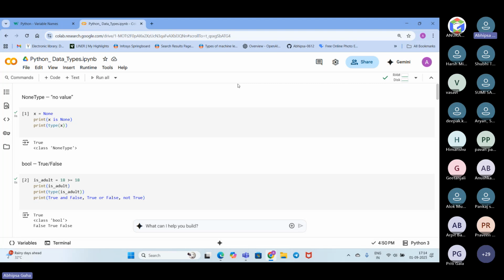Apart from that, it gives very strong visualization. We can see beautiful, interactive graphs and dashboards based on the data.